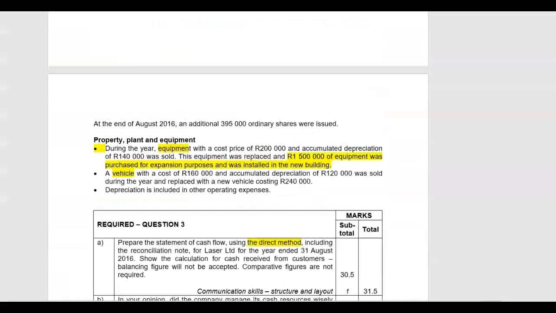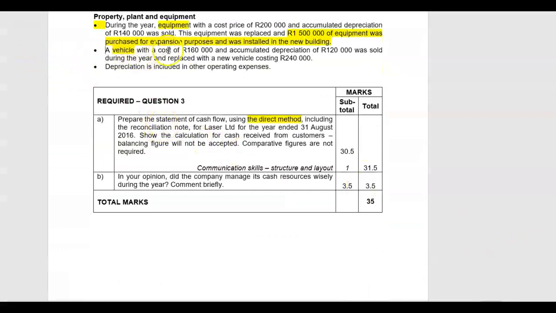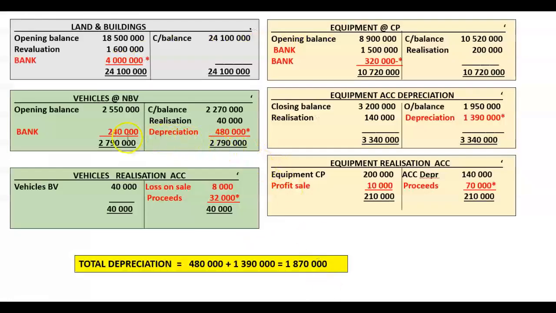Then in our additional information, they tell you a vehicle with a cost of 160,000 and accumulated depreciation of 120,000 was sold. So what was the book value, the carrying value, which was transferred to the asset realization account? 40,000 Rand. So I could have taken out the cost on this side and drop it down, and the accumulated depreciation on that side and drop it down, but the net impact is still the carrying value of 40,000, which was going to take out of this. Remember, that is now at net book value,